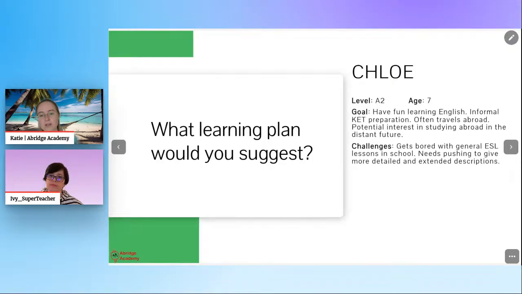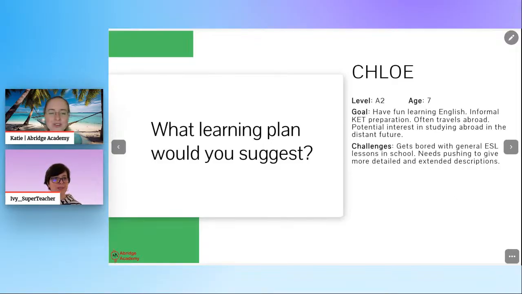And the main thing she was struggling with in school, before she started taking classes with me, was that she found her general ESL lessons in school and also the online company she was taking classes with before a bit boring, because they just follow the same structure, general textbook lessons. She really needed pushing to give more detailed, extended descriptions and to make both her speaking and her writing more detailed, rather than hitting the bare minimum of what's required. In school, they often just teach a set sentence structure. Let's put a different word in here and there. There you go, great, now you can write. And she needed stretching a bit beyond that. Okay, I'm rambling a bit.